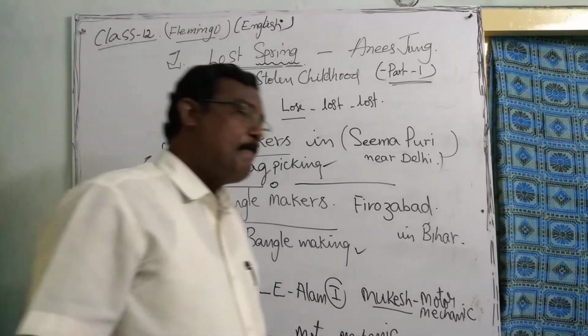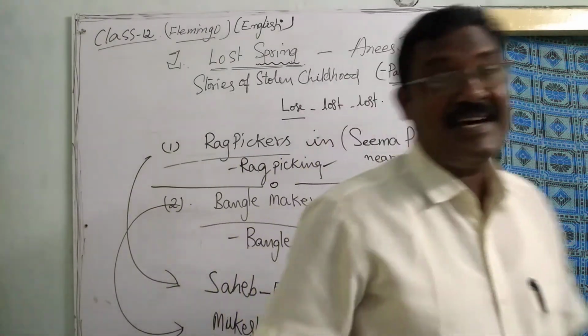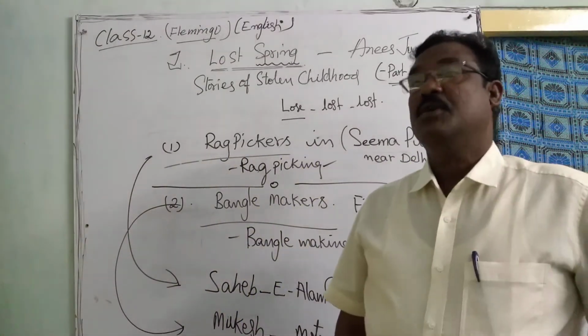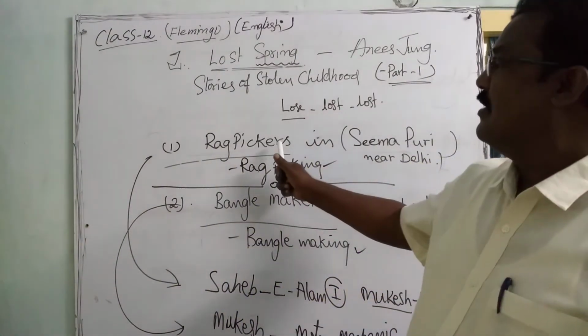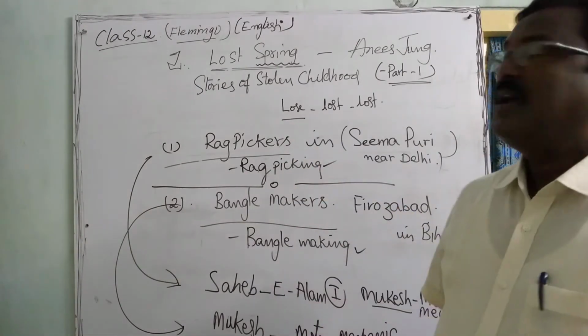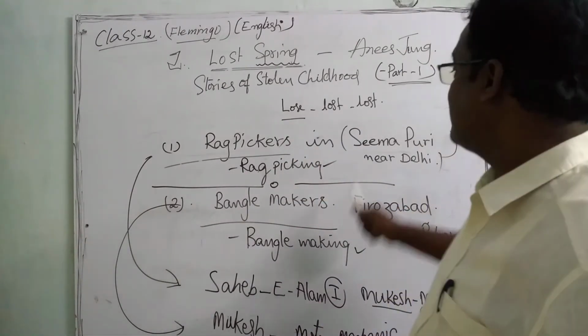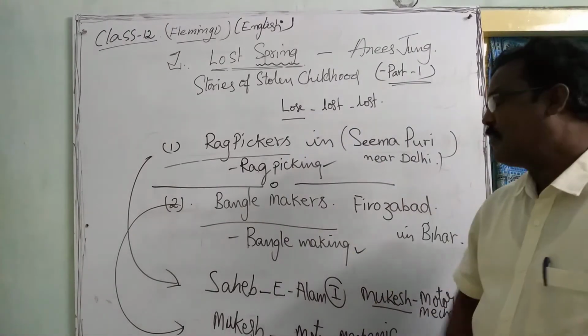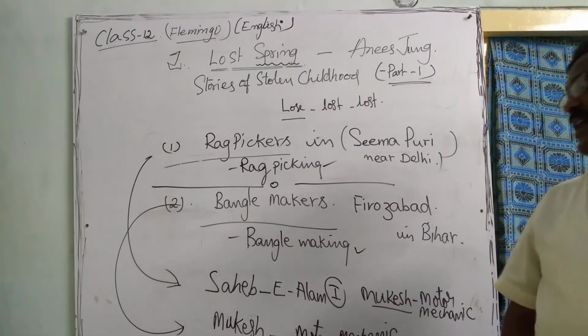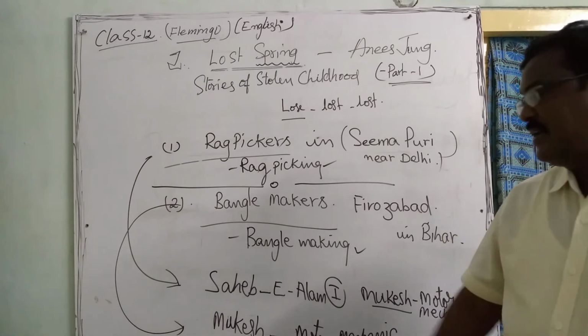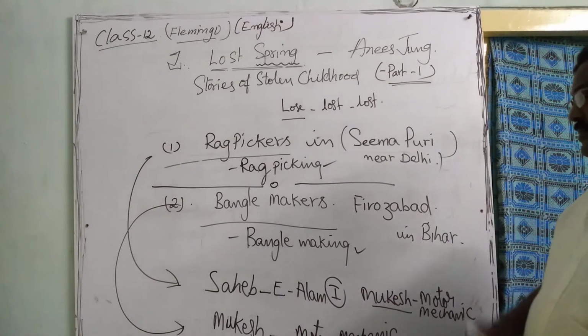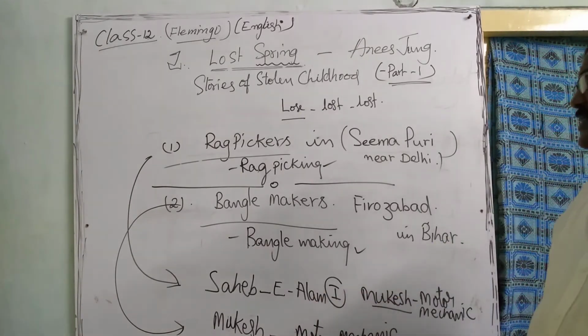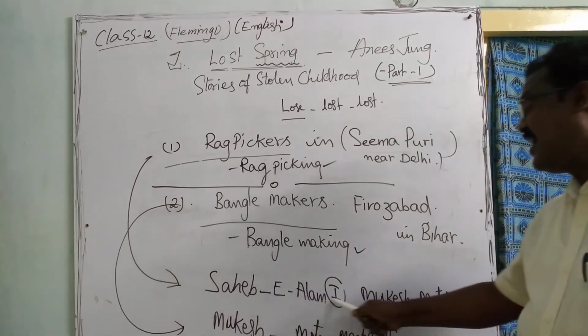Who is the main character? What is the name of the boy who played the important role in the process of rag picking? That means the author mentioned one name in rag picking. Rag pickers. What is the name of the boy? Saheb-e-Alam. My dear students, by seeing this word Saheb-e-Alam,